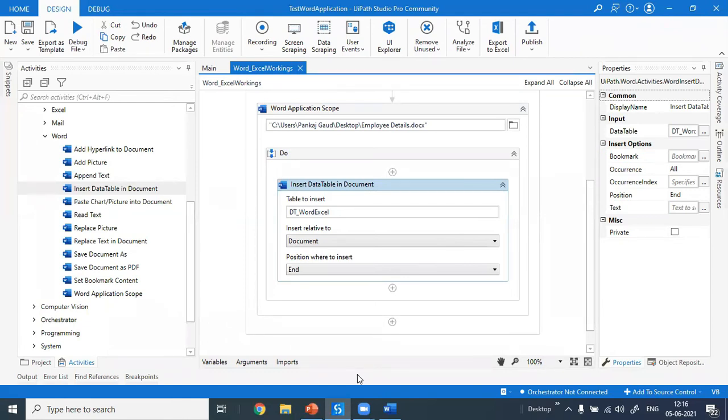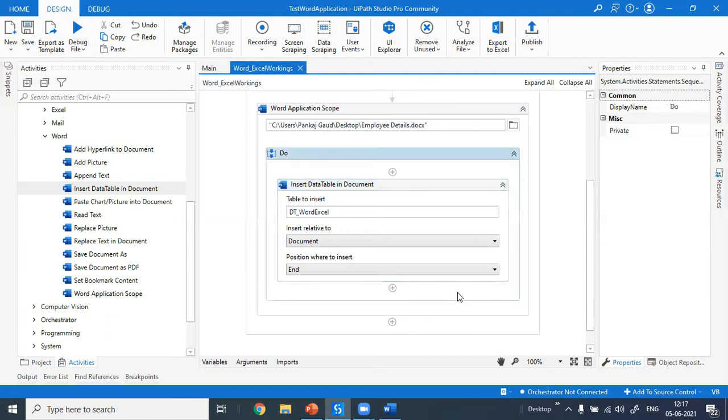So Sony, in Excel there are copy paste activities, and in the copy paste activities there's an option to copy data in all the format, with the headers, with the colors. So you don't need to use the read range activity. You have to use the copy paste activity. Once you copy, the data will show in the table. Using this way, you can achieve this. Okay, yeah, got it. Thank you.